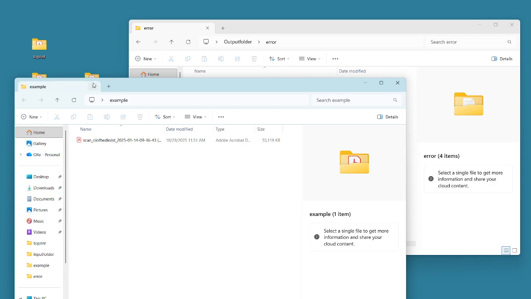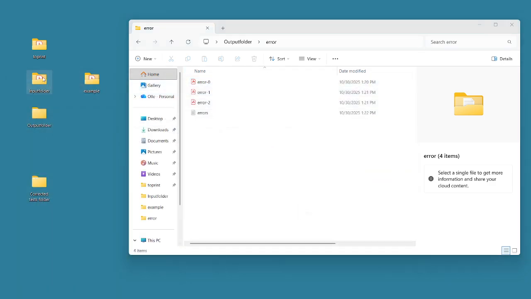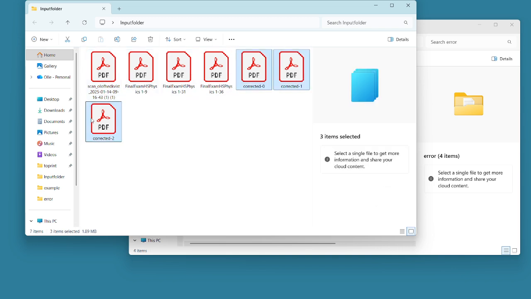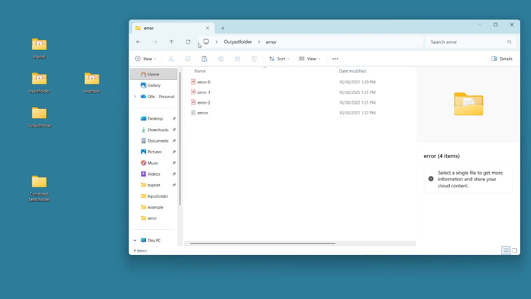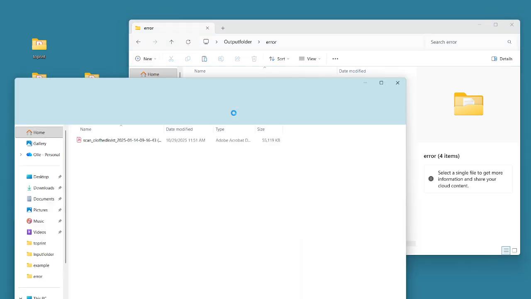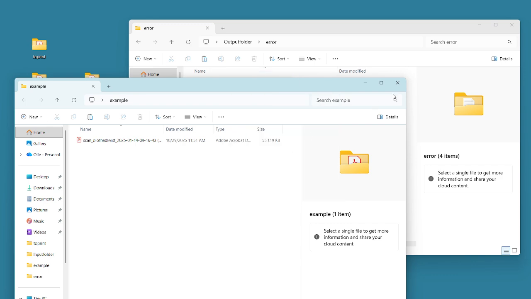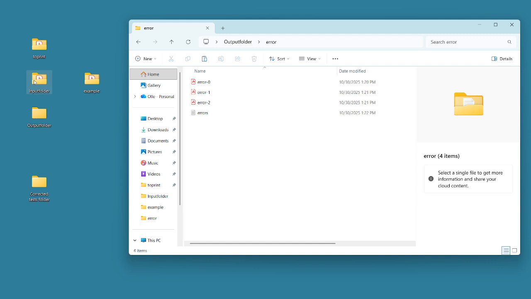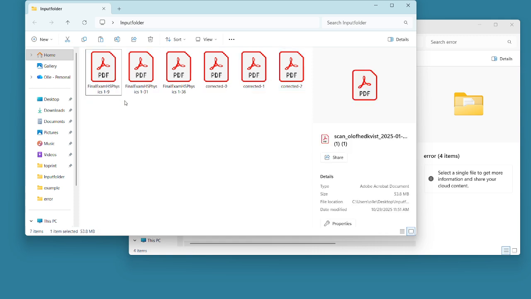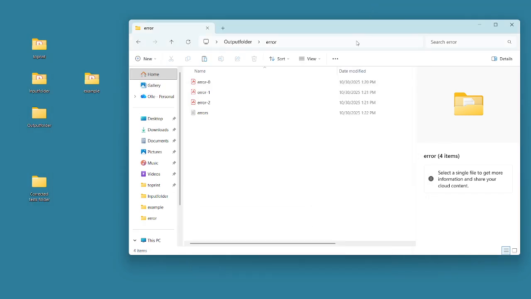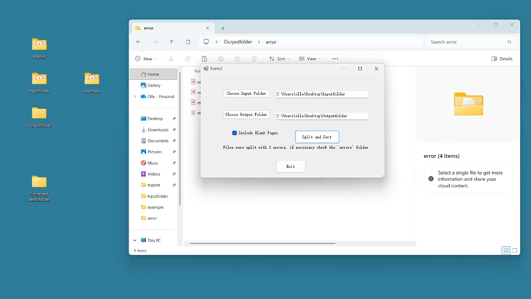So let's see, did I move it? Oh yeah, I did. So I should probably copy those just in case. I have a bad habit of pressing Ctrl X when I should be pressing Ctrl C. And we remove the original document. And now we just press the same button again. Split and sort again. And we do this until we get 0 errors,